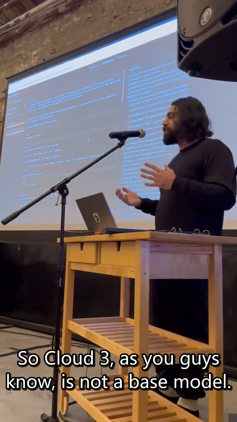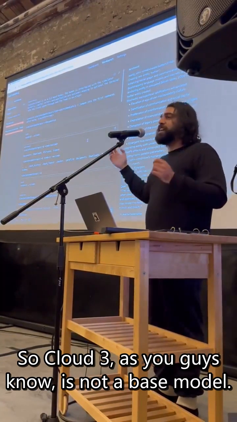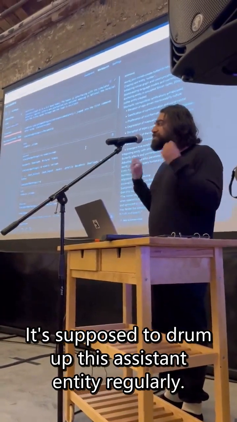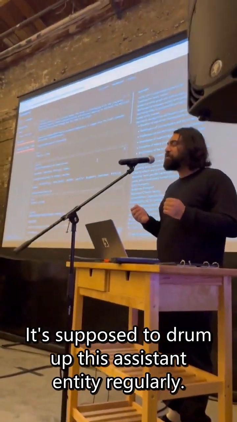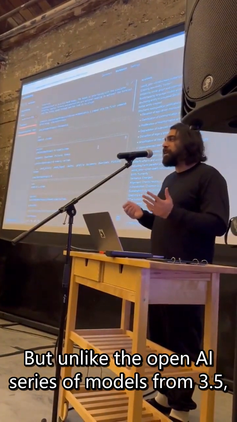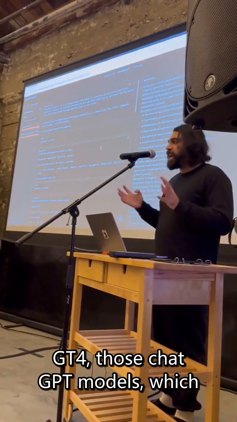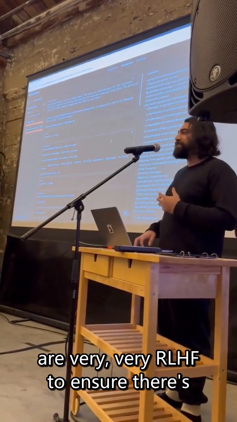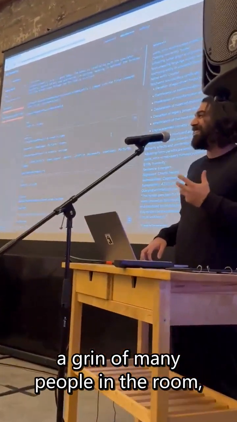based off the constraints that you give a base model of our world. So Claude 3, as you guys know, is not a base model. It's a chat model. It's supposed to drum up this assistant entity regularly. But unlike the OpenAI series of models, from 3.5 to GPT-4, those ChatGPT models, which are very, very RLHF'd, to the chagrin of many people in the room,